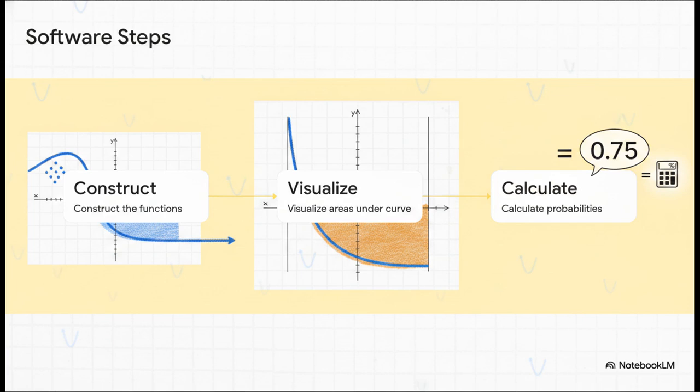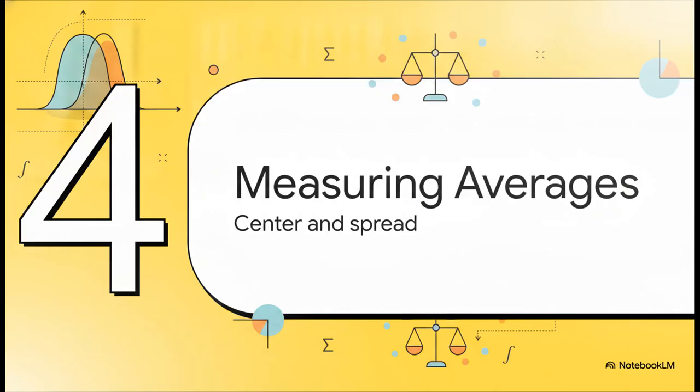Number 1, construct the functions. You just plug in your parameters and boom, the software plots your probability density function. Number 2, visualize the areas under the curve. The program automatically calculates and shades in that exact interval between your chosen points. And number 3, calculate the probabilities. The software spits out the precise math derived from that shaded area. It's literally just build the function, visualize the interval, and let the program extract the probability. Let's move to Section 4, Measuring the Averages, and see how this builds as we transition to the basic rules